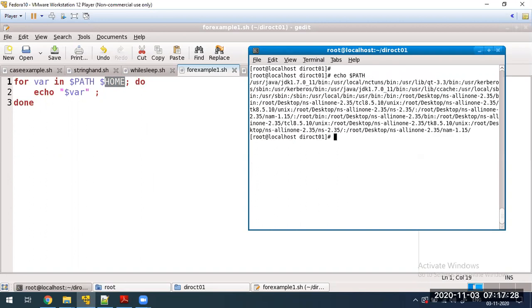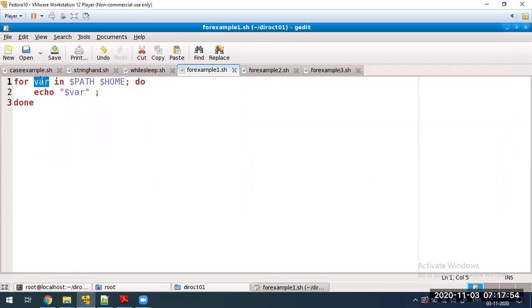This is an environment variable; many softwares will use the address from this variable. And also dollar HOME, the root home address. I will get these values one by one from these variables, store it in a variable called var, and then I'll print. This is the syntax.